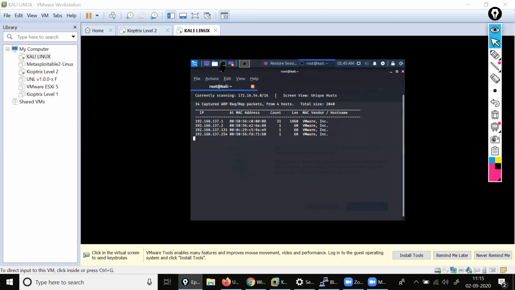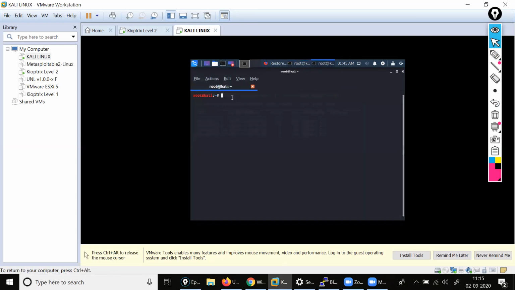So let me come here. I will open another terminal. I open this terminal here. I will use Nmap, then scan the ports with -A, then my IP address. So my IP address is 192.168.137.131. Clear? Let it be scanned. It will open all the vulnerable ports and all. Okay, SSH 22, whatever is there, it will show.